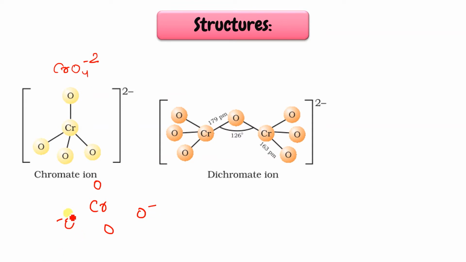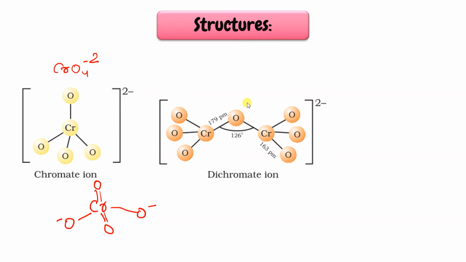We know that oxygen will form either 2 single bonds or 1 double bond. Oxygen having a minus charge means it is already bonded on one side, so 1 bond on this side, 1 bond on this side. What next? Double bond and double bond. I have explained in the p block that the maximum number of bonds an element will form is equal to its valence electrons. Chromium has 6 valence electrons, so we can see that 1, 2, 3, 4, 5, 6, it has formed bonds. Now this can also be drawn like this, because the negative charge can be on any of these 2 oxygens. So that's why all are having single bonds and the -2 charge is written over here.